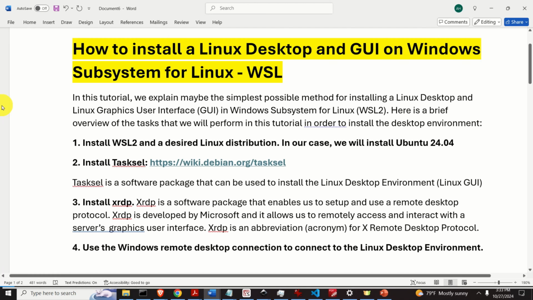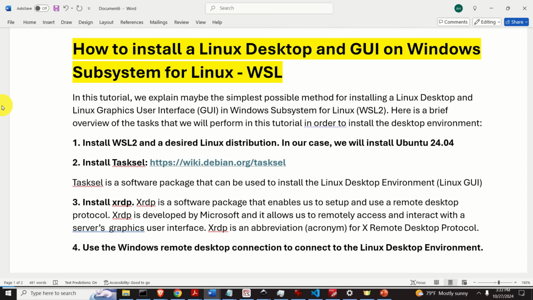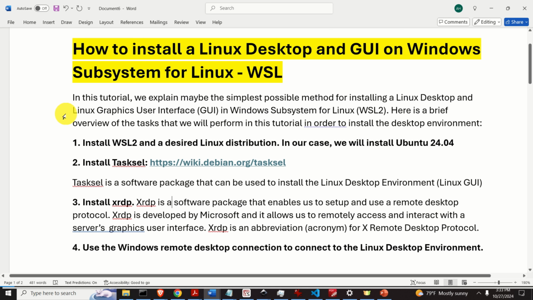Hello everyone! In this tutorial we explain maybe the simplest possible method for installing a Linux desktop and Linux graphics user interface or GUI in Windows Subsystem for Linux or WSL2. Here is a brief overview of the tasks that we will perform in this tutorial in order to install the